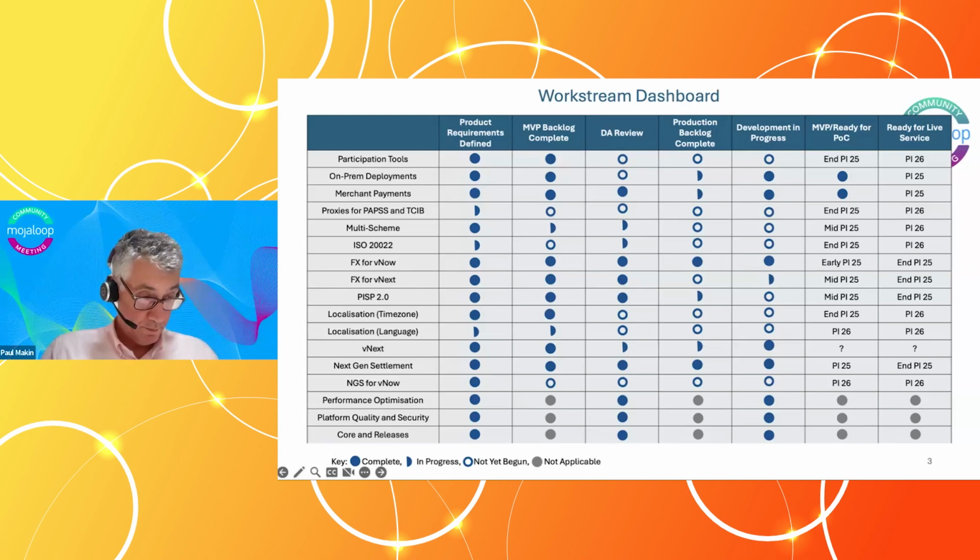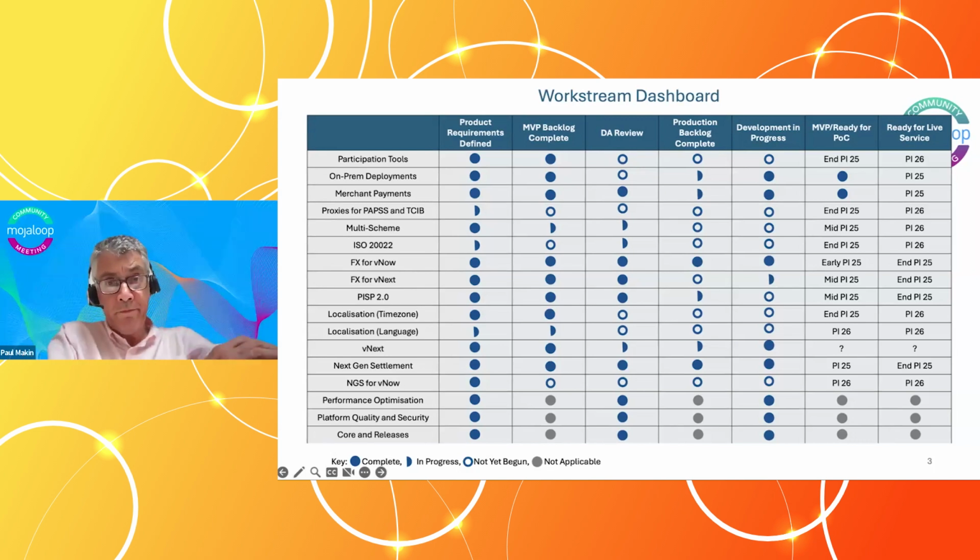But looking at PAPS and TCIB, because I was participating in that work stream also, what they offer us is a kind of guiding point. When we are talking about Mojaloop supporting multi-schemes, eventually the goal is that we could have Mojaloop and non-Mojaloop payment systems talking to each other. And in that scenario,